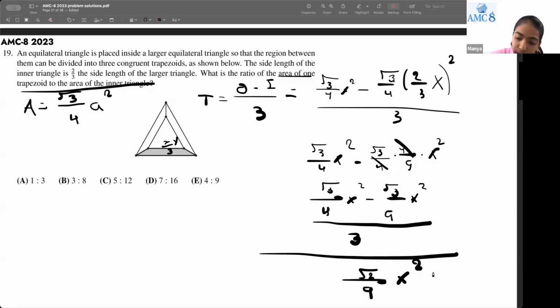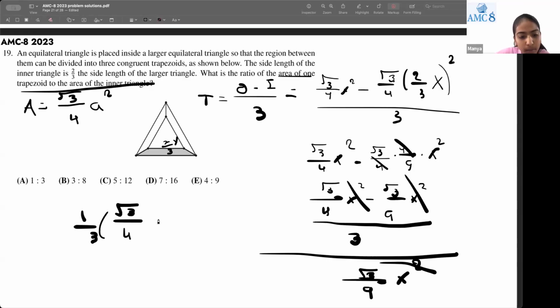So we can cross out the x squared right here. And we'll be getting here, I'll write this. Sorry, this is 3. I'll write this right here since there's not much space to write this. We'll be getting 1 by 3. Instead of writing divisible by 3, we can just write 1 by 3 times the square root of 3 by 4 minus the square root of 3 by 9